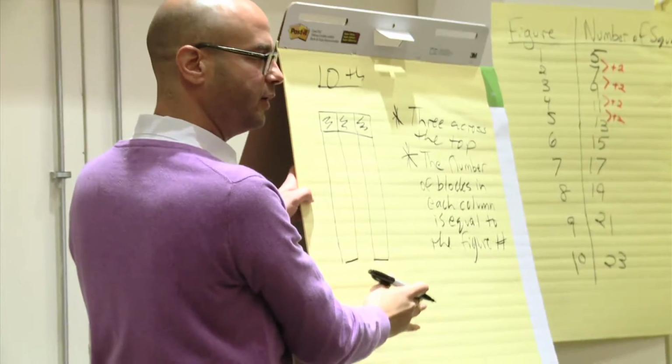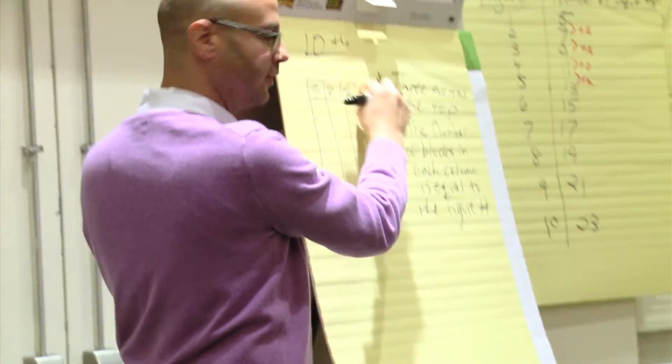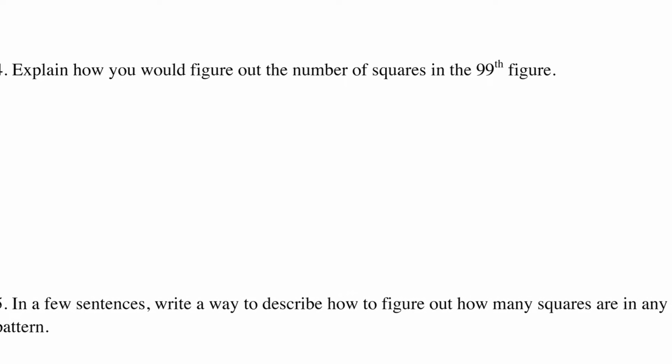Is that true? The number of blocks in each column is equal to the figure number? Below the first. Yeah, I'm sorry. So if we put 3 across the top, is the number of blocks in each column equal to the figure number? Right, yeah. The next question is explain how you would figure out how many squares are in the 99th